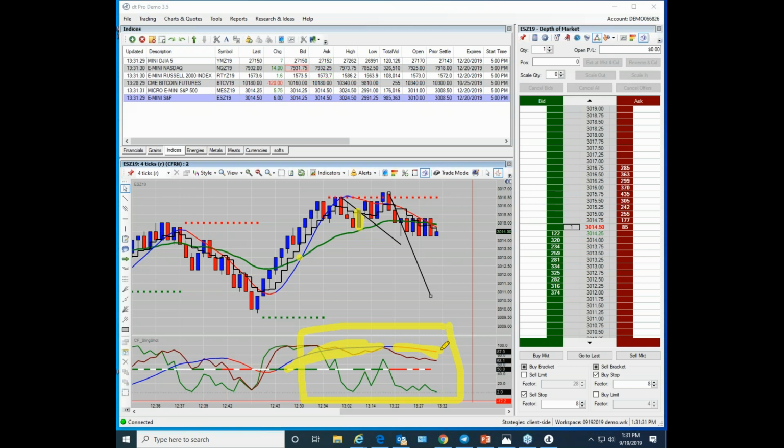We might be rolling over here because the momentum went from bullish to bearish a little bit. Okay, so that's a warning flag. That waters down the probability. Okay, you should be on alert. To take that a step further,